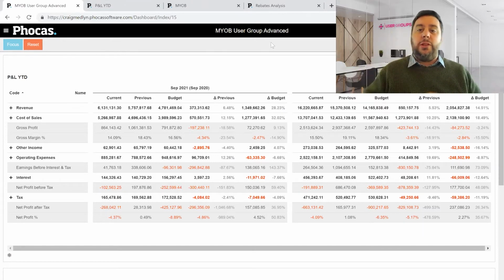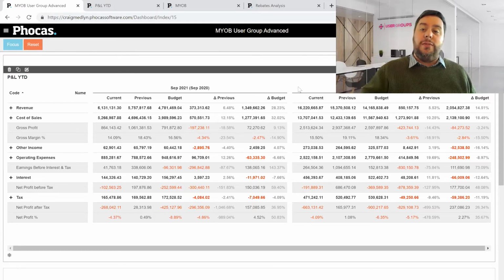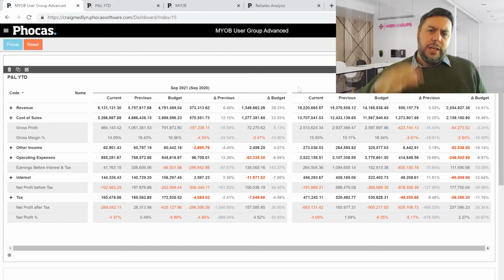If you've got reps on the road or you've got people working at home, it's a platform that can be used by anybody. It can also be used by people that maybe are not MYOB Advanced users, so it can actually be shared with people potentially even outside of your organization. If you want to give key customers access or key suppliers access to data, it's something you can use the Phocas platform to do.